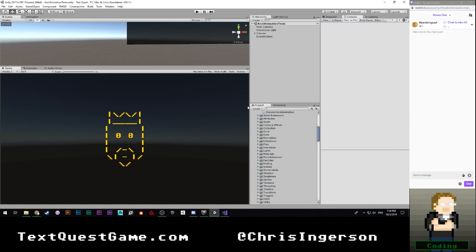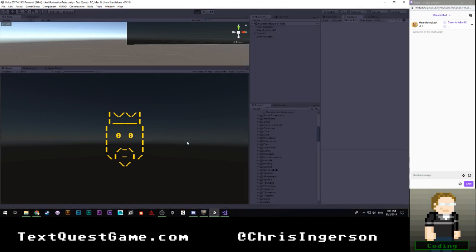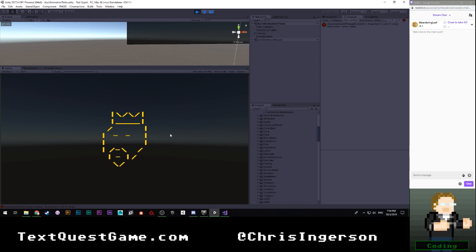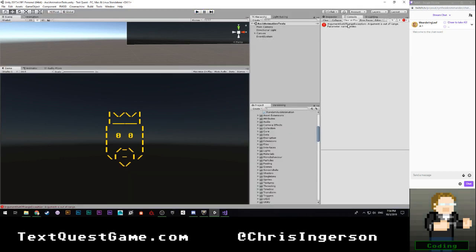Let's go ahead and stop and play. Oh man. Manually keeping track of coroutines is not very fun. I do not like doing that. Okay, so shake head, back, then talk. Immediately we got an index out of range exception, but it also seems like it worked. So questionable success.